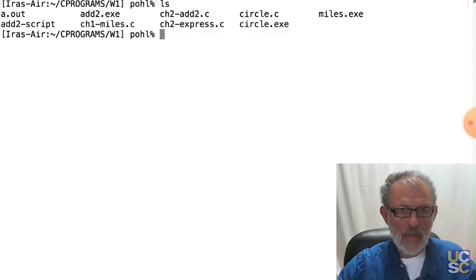So let's look at that directory. The way we can see that directory, again, we're in terminal for a Macintosh, the terminal window, which is basically running Unix. So I can use Unix commands. The Unix command ls shows me the files in that directory. So we see there's an a.out file, there's something called add2.exe, and then there are these .c files, which are source files,